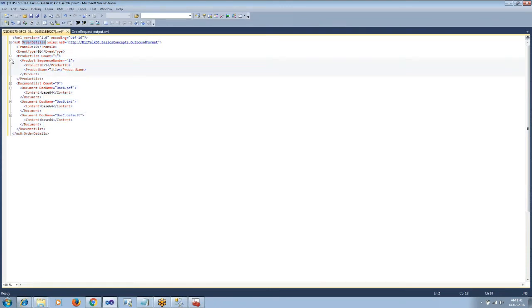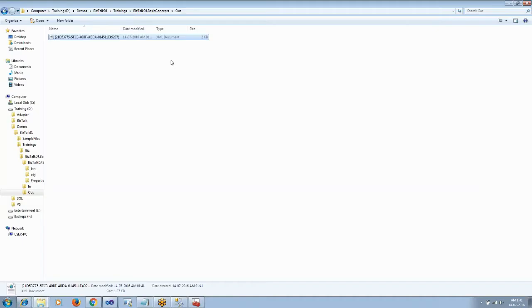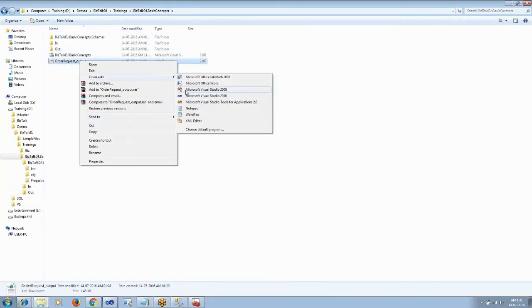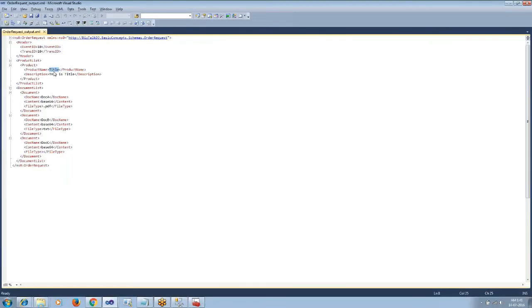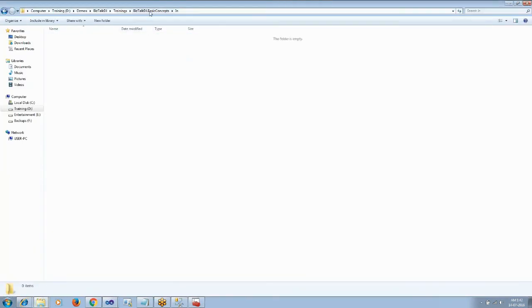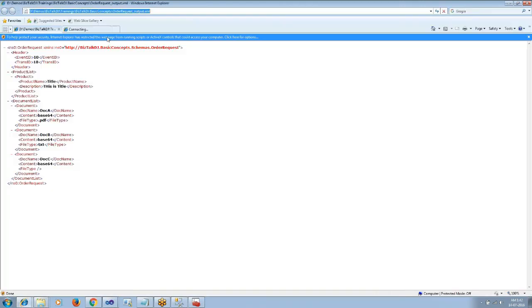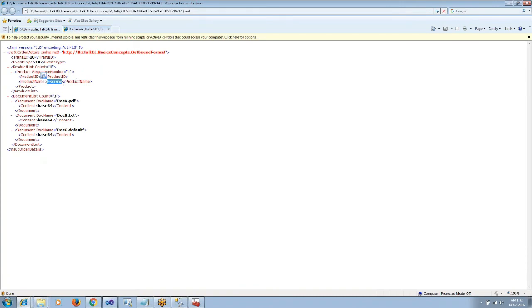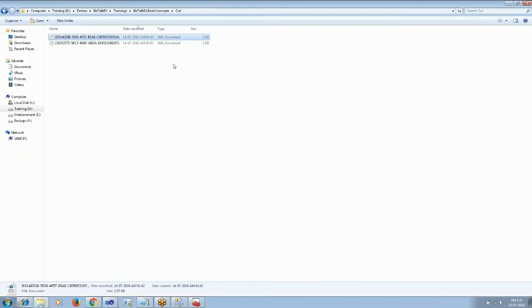So if you see, product lookup happened and product ID is mapped as 1. Let's process one more file. This time we will have a different product name. We will have it as escrow. Let's process the file and verify the output. And this time product ID is set to 2 on the outbound format schema.